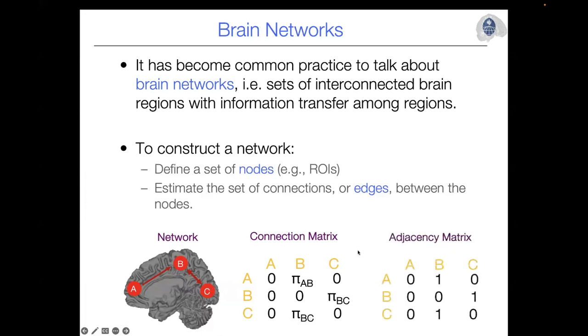And sometimes they're also given by adjacency matrices, which are basically just connection matrices thresholded at 0 if they're 0, and 1 if they're non-zero. And so these are a number of different ways that we can represent connections between these three brain regions. Here's a pictorial, and there's different ways of doing this. At some level, often the goal is to get these types of things, and then see whether or not there's some difference between different groups of individuals, or whether this changes as a function of time